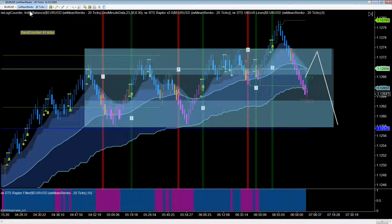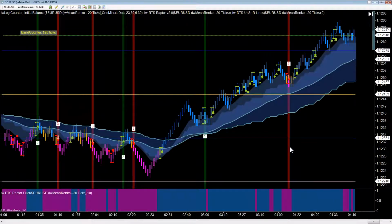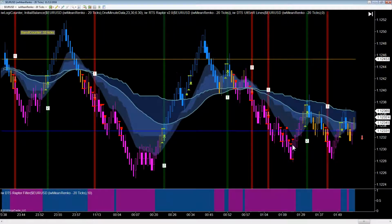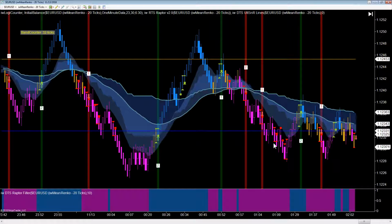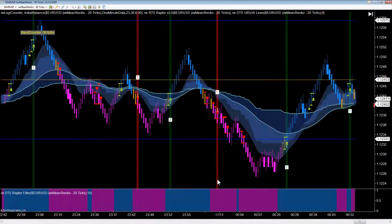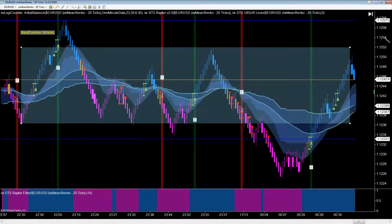Now, the euro US dollar pair is kind of getting near closing time, so the market's very, very weak at this point. Not a whole lot going on. But I think, if you can do those things, if you can identify trend or no trend, that will take a lot of the signals off of the table. And then when you have your breakouts,